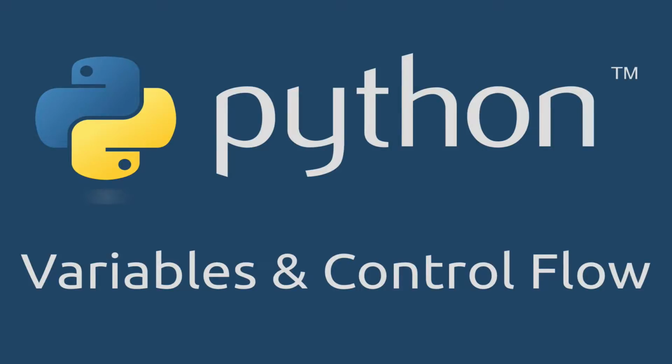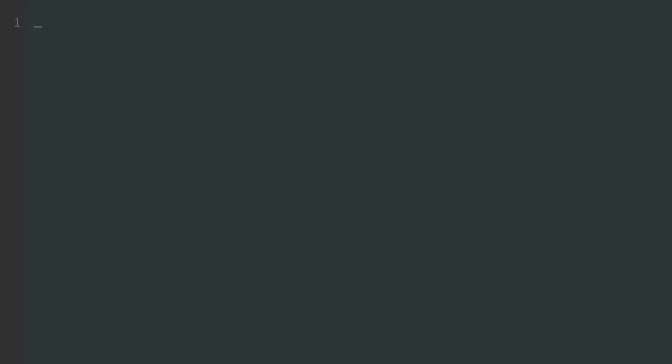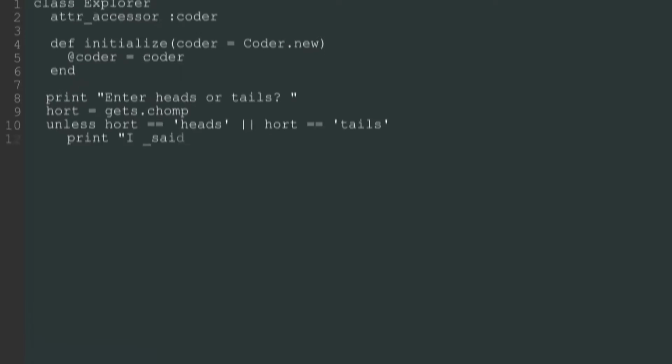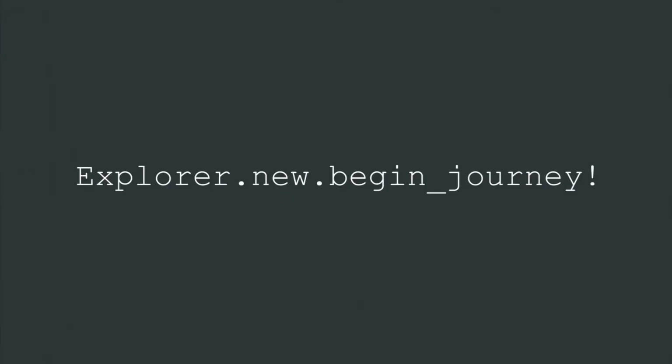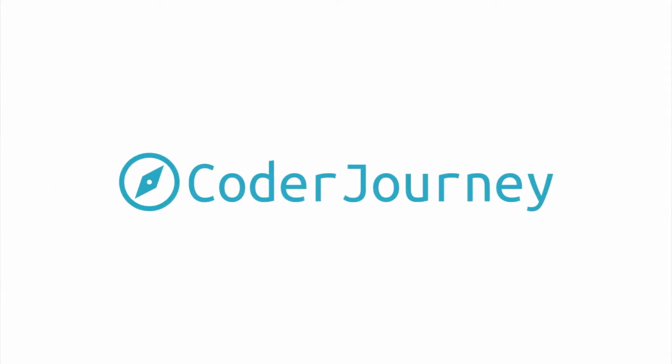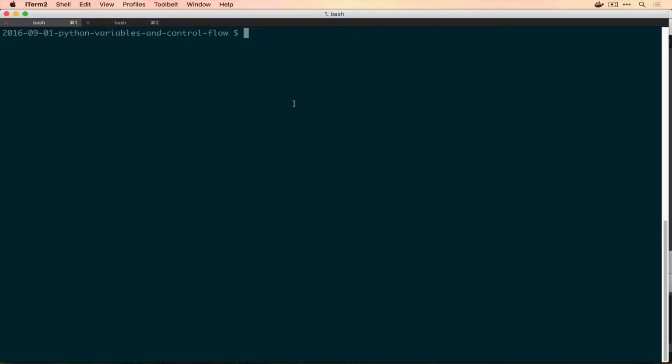Today we're going to continue our series on Python. We'll be looking into how to name data using variables, how to interact with user input, and how to make our programs behave differently based on the values that are passed in. To learn how to use variables, do some control flow, and also interact with user data, we're going to do